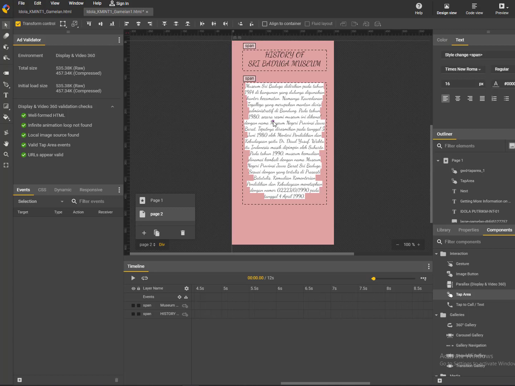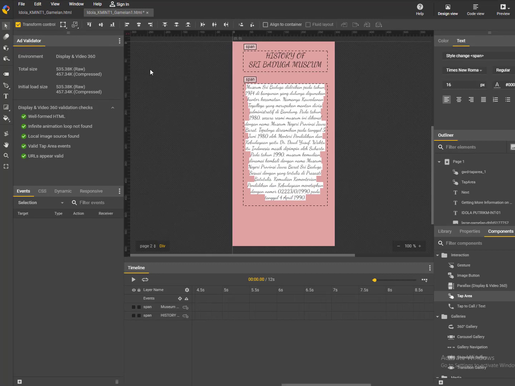I assume several of you have a scenario of putting several buttons in one page to go to a picture, maybe a collection, or maybe a video. So you can be creative with the button. I will just show you how to put the next and back button in the second page.